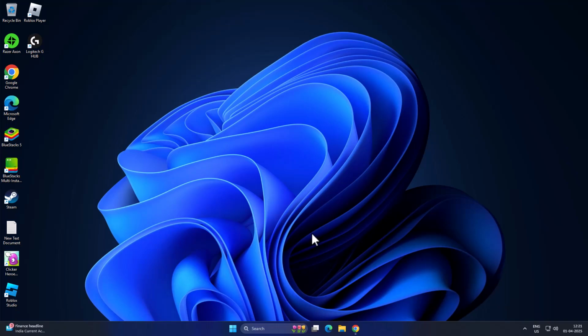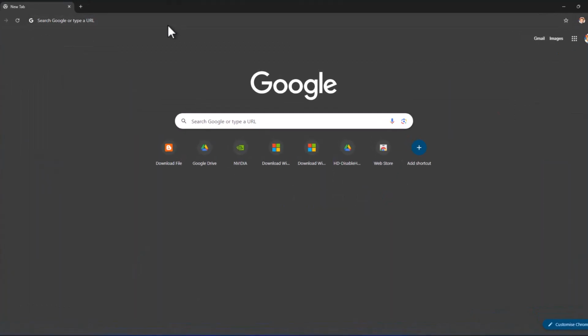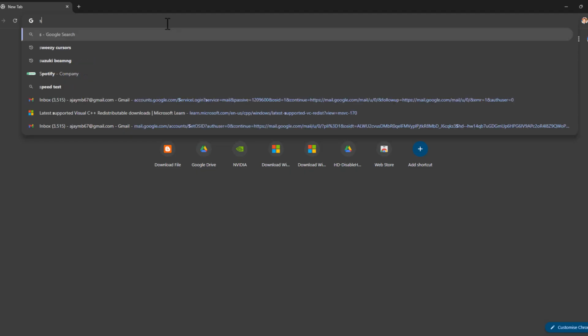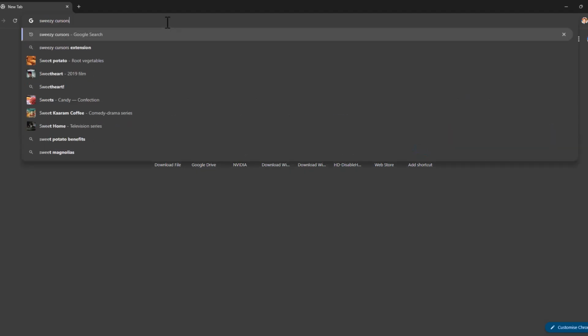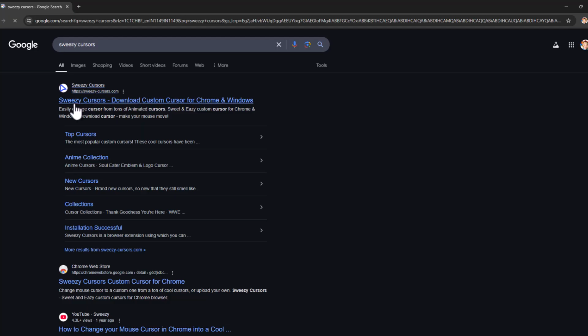Today we are going to see how to change your mouse cursor in Windows 11. I'll show you guys how to do it. You just need to open up Chrome and search Swiss cursors and press enter. Select the first link